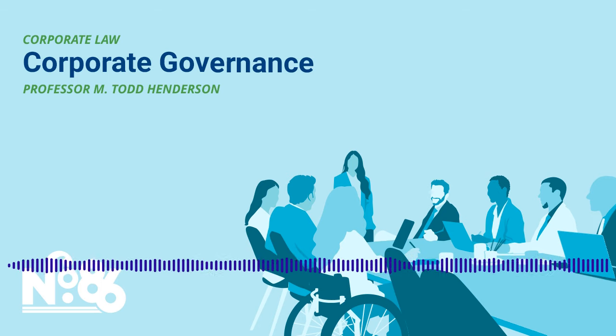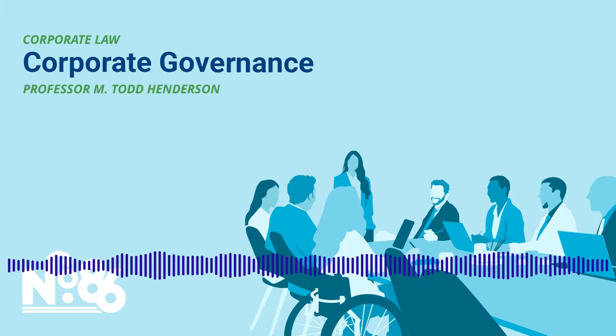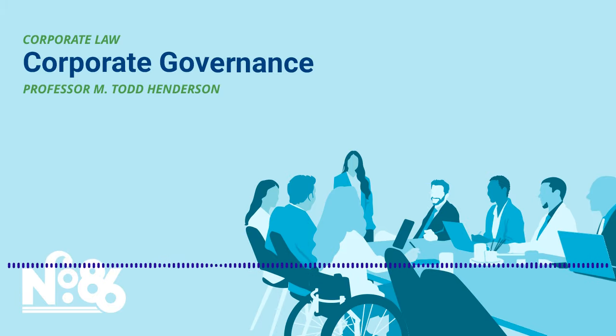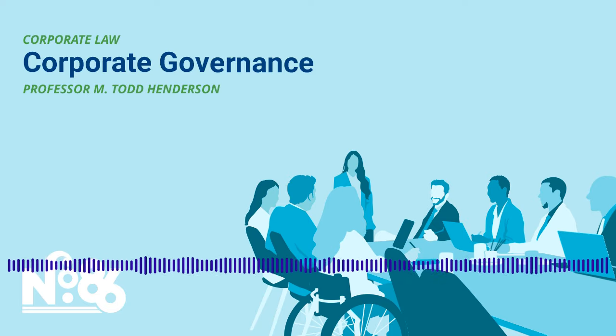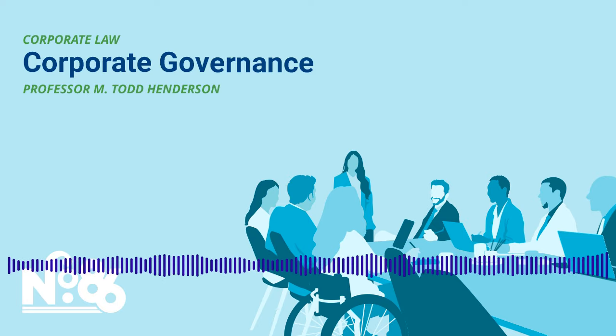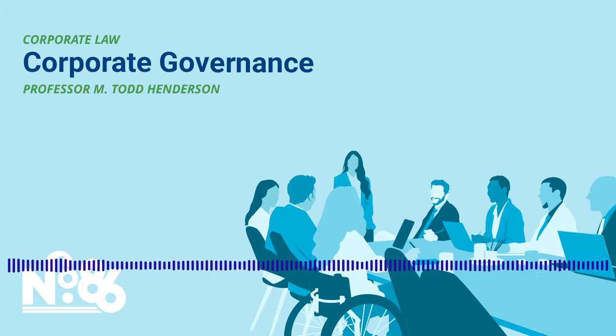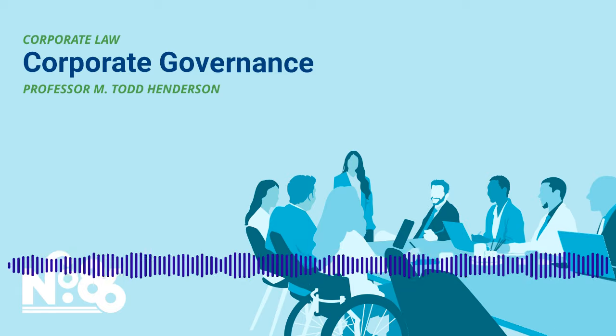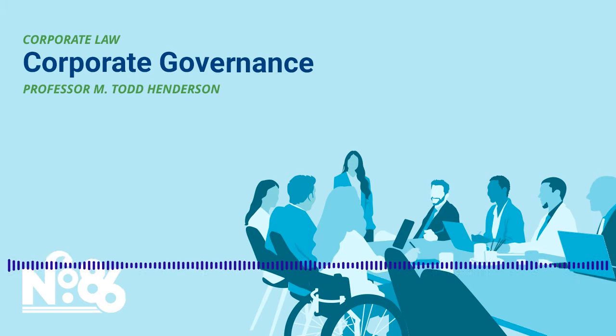What happens when there is tension between the boards and the shareholders? For instance, can a board stop a shareholder takeover of the company? One of the most important events in a corporation's life is when there is an offer to purchase that corporation. The board of directors, which generally has a passive or quasi-passive role in corporate affairs, comes into full sprint when a potential takeover arises. And the corporate governance implications here are pretty profound because shareholders are dependent on the board to get the best price possible.